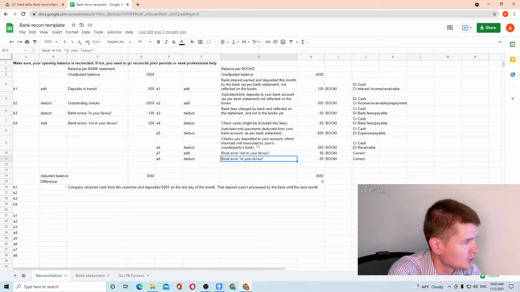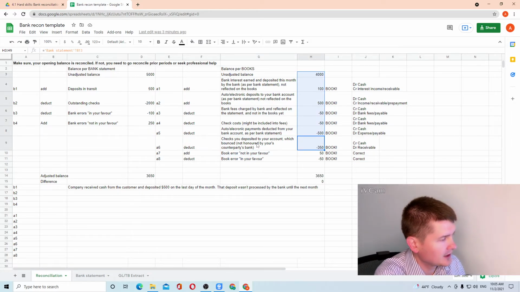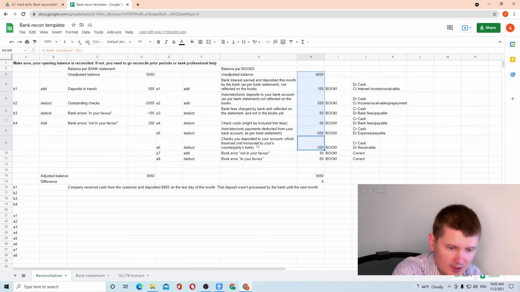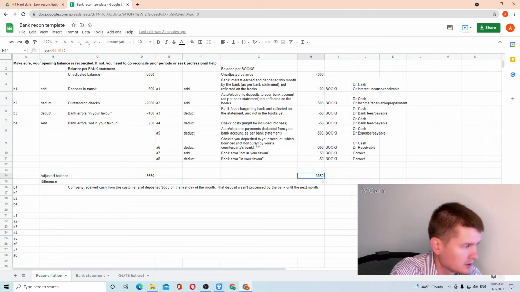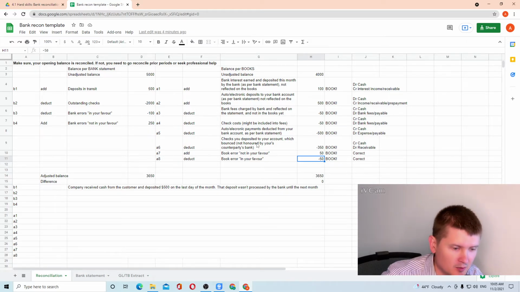Other than that, you might have some book errors. So if you do this part and the account doesn't reconcile, you probably need to go in your books day by day and transaction by transaction and find out if you have any kind of errors in the books. For example, an example error might be when you